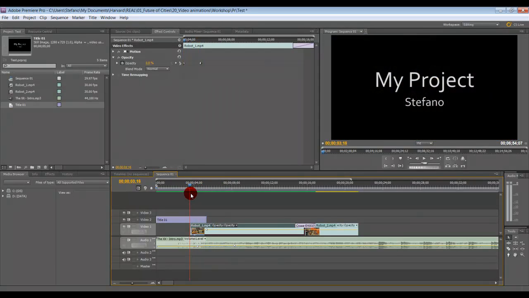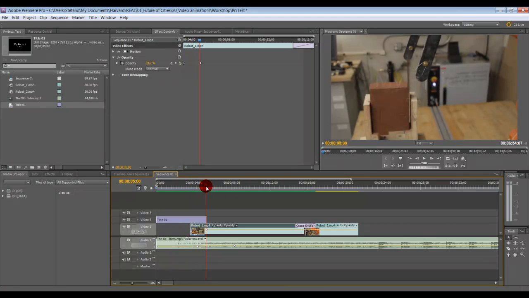So now I see the first keyframe opacity 0, second keyframe the opacity is 100%. So I see the actual transition with this yellow line, and then the yellow line remains horizontal, meaning I have 100% of opacity on my clip. So let's move to the second clip,